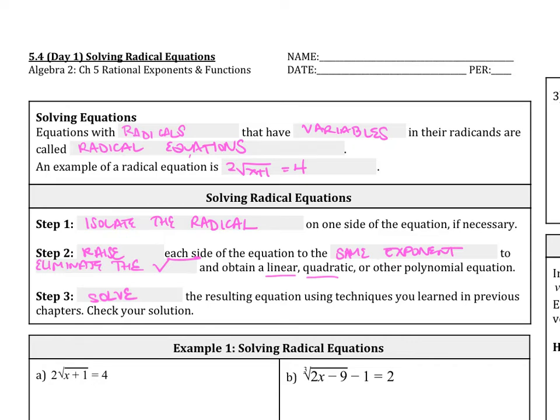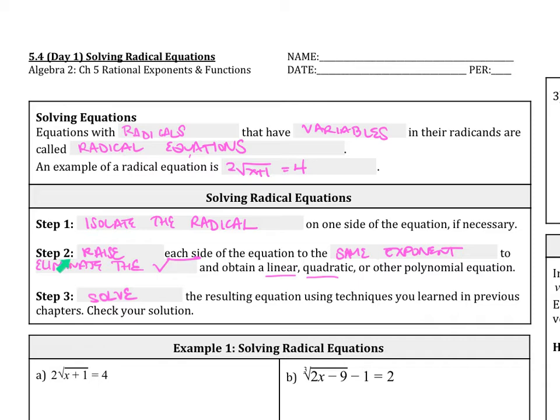For day 1, we're going to solve radical equations. Equations with radicals that have variables in their radicands are called radical equations. An example of a radical equation is 2 square root of x plus 1 equals 4. In order to solve radical equations, our first step is to isolate the radical on one side of the equation